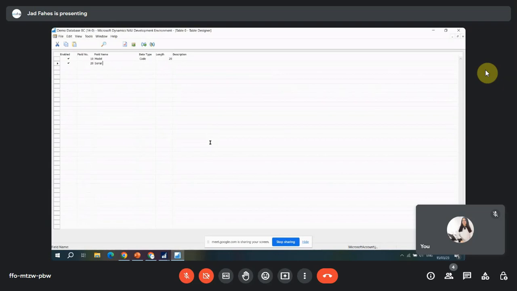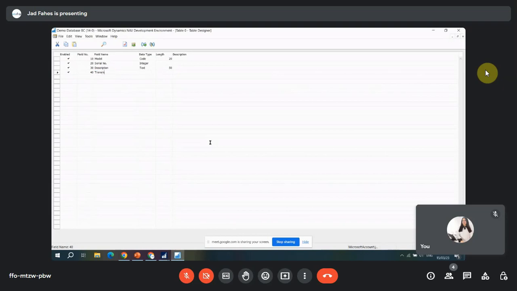For example, the following demonstration shows how to create a simple table, set a primary key, create a secondary key, and add data to the table. The purpose of this table is to record information about vehicles. This includes the model, serial number, transmission type, and date of manufacturing. We put the number, the model, serial number, integer, description, text of 50 characters in length, 40,